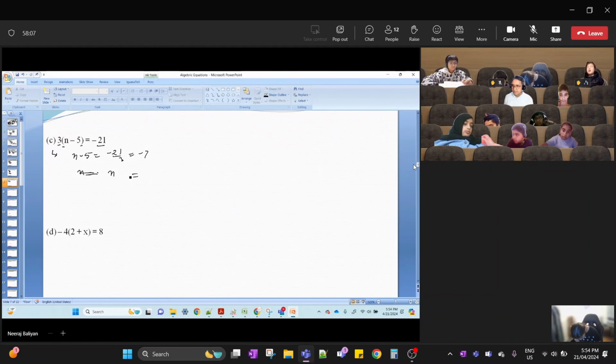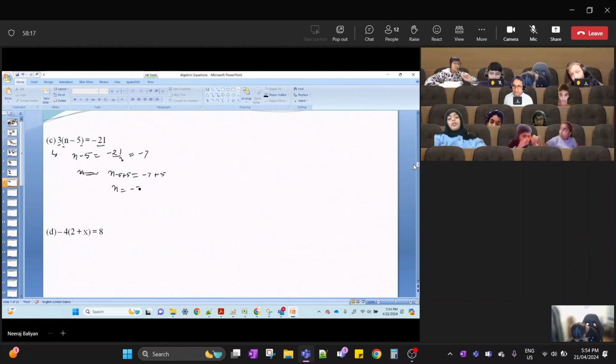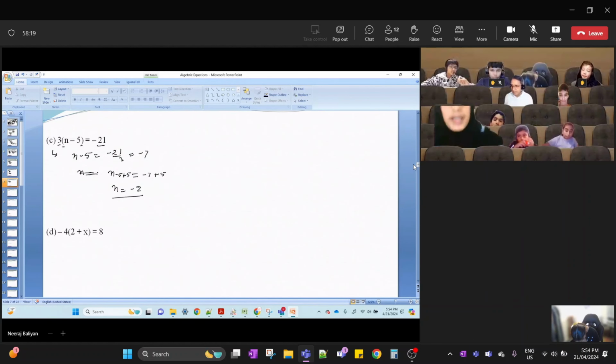Let me calculate 13. I know what you will do. You will add 5 here and you will add 5 on another side. So this is 2. Right? I forgot, it's equal to minus 2. Right? So yes, Cliff, rather than doing this, I was trying to explain if we have a complex equation,